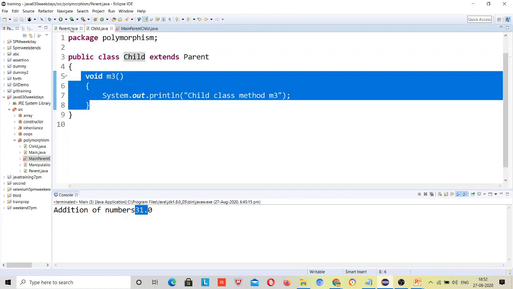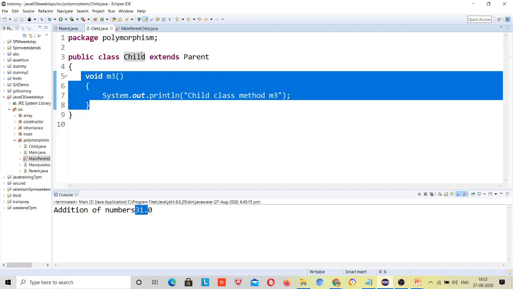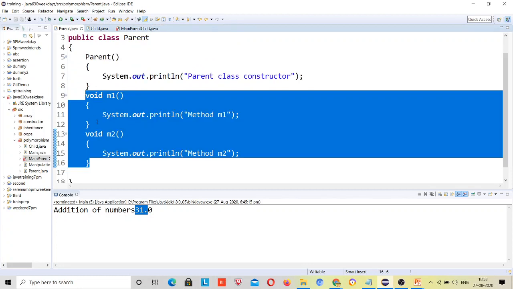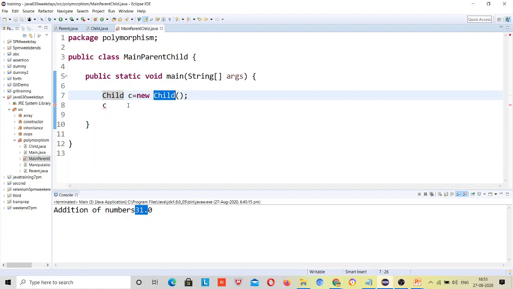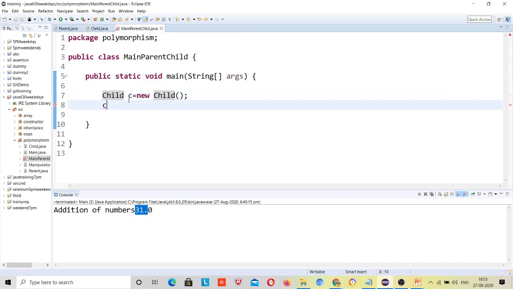But if we want to call M1 and M2 by making an object of the child class, then those methods have to be present inside the child class. How can I do that? By extending the parent class. So don't be confused; just because we have extended, we can directly call M3 is wrong.